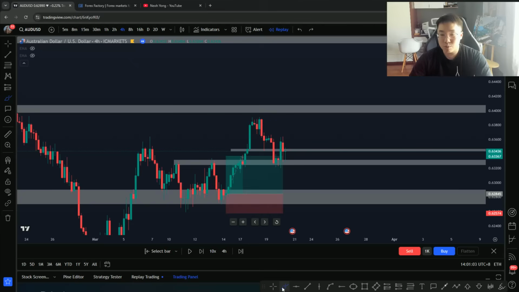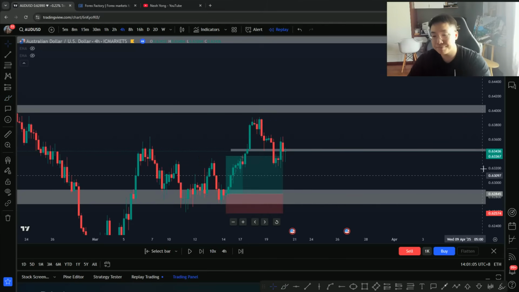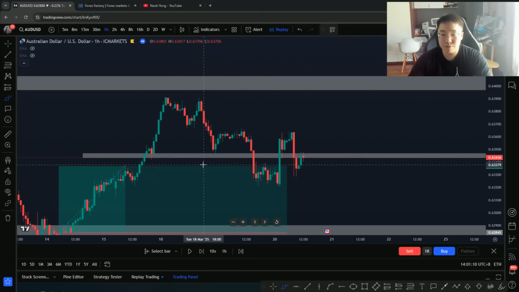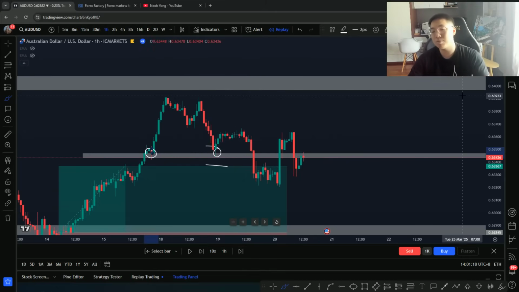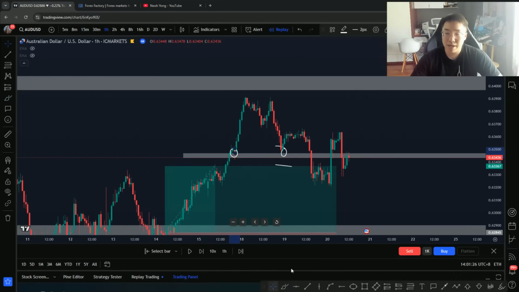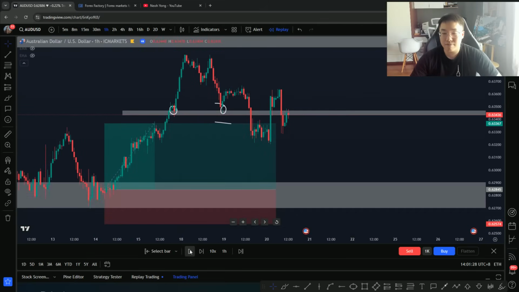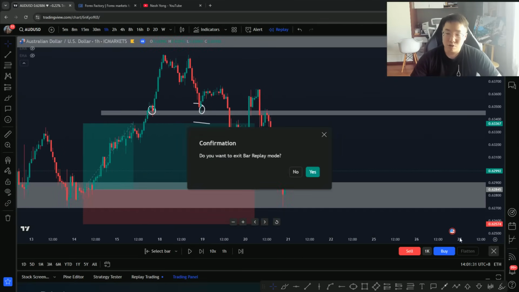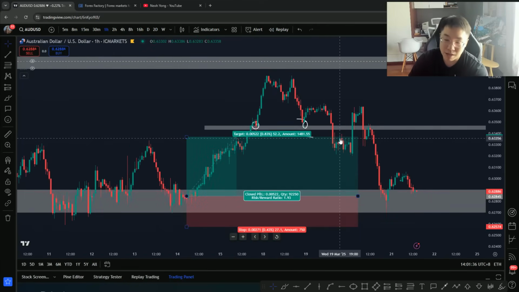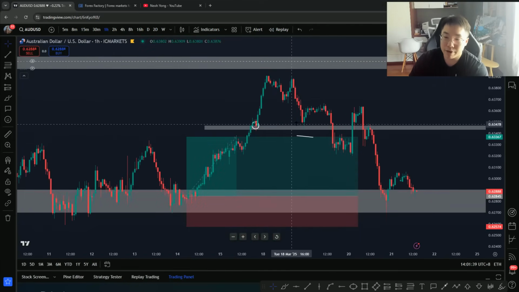My trail stops was actually based on, if we go down to the 1 hour, giving it some buffer below 0.6344. So I was using these two swing lows to trail my stops. Again, it's all mechanical, it's all based on the system. Price came down, tapped my trail stops, and I'm happy to get out. Price went back up again, then eventually reversed all the way back. So in one way we can say I was fortunate that I actually closed the trade. I got trailed out for 1.93R, roughly about 92k.